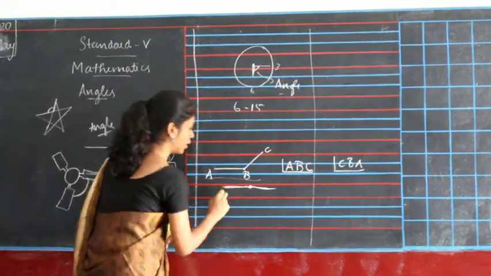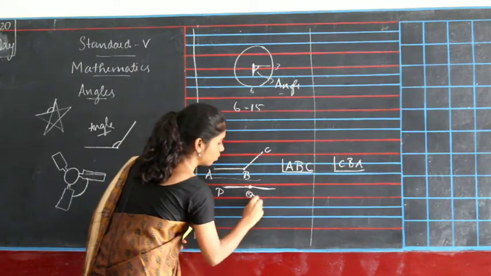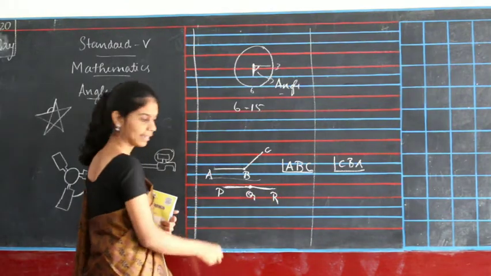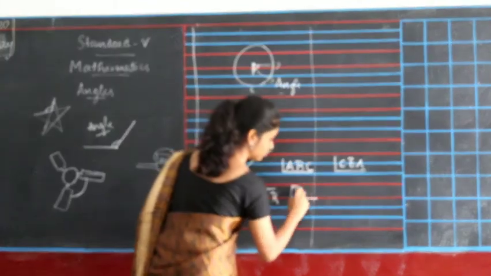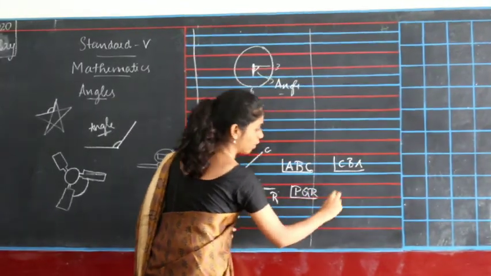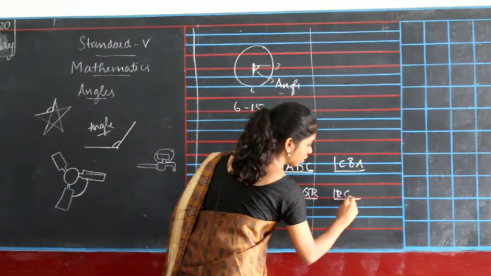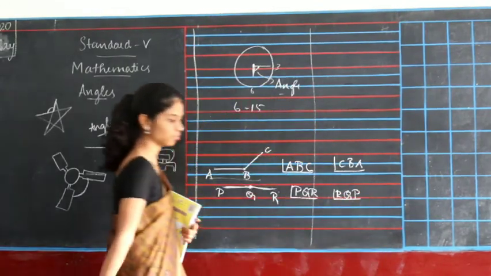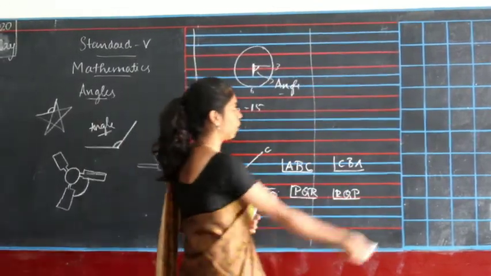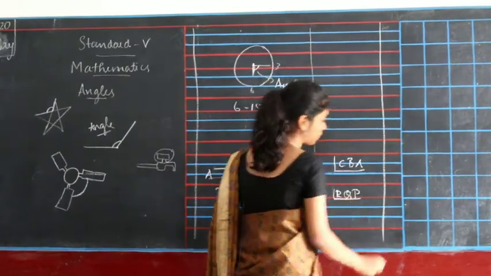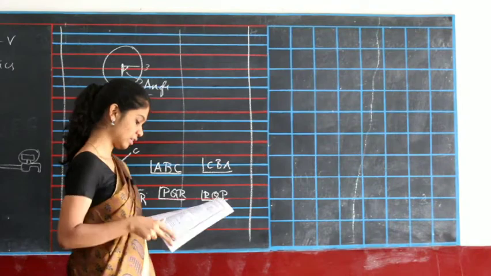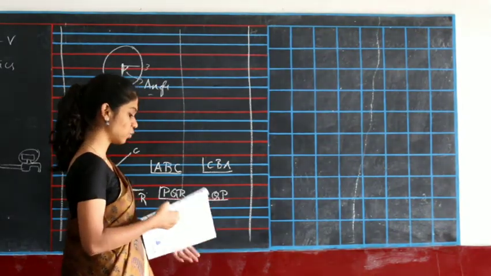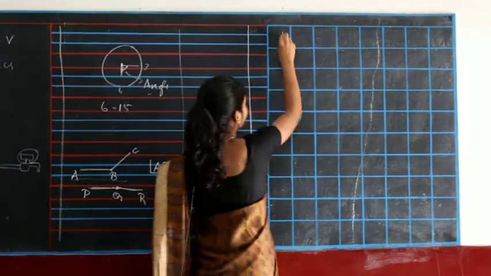So if you have P, Q, R, you can write this as angle PQR or angle RQP. Okay, so now we are going to see some examples of where angles are used. We are going to do the exercise